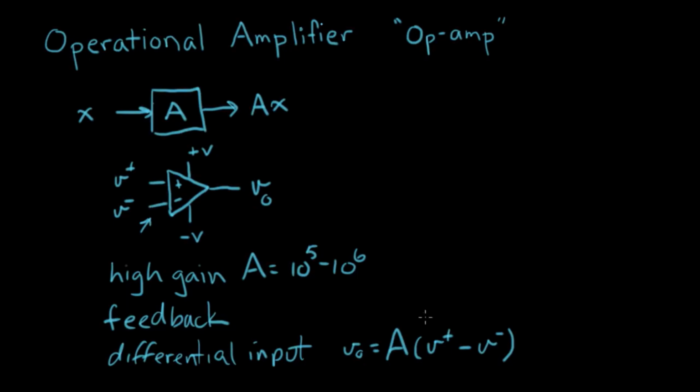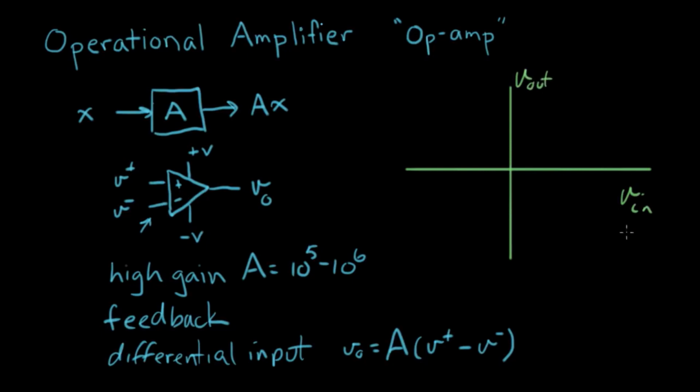So I want to make a plot of this equation right here, just so we get a good idea of what it looks like. And the axes here are V in and V out, where V in specifically equals V plus minus V minus. That's the input signal to the op amp, and we're going to apply the gain factor to it to get V out. So that'll look like this, something like this. It's going to be a very steep line, and the slope of this line is A. So the slope is going to be 10 to the 5th or 10 to the 6th, something like that,